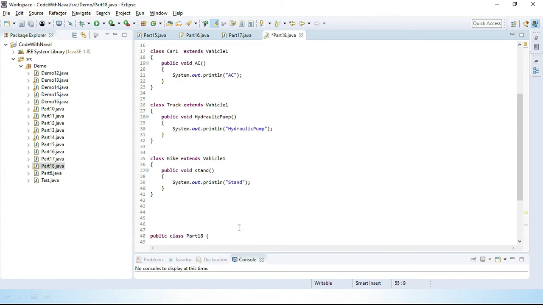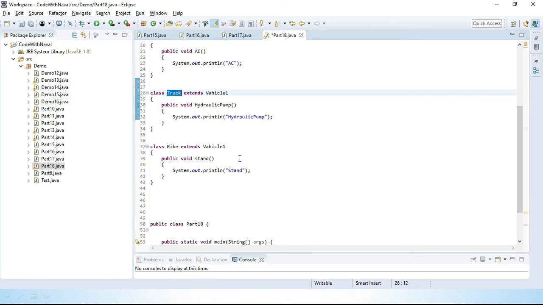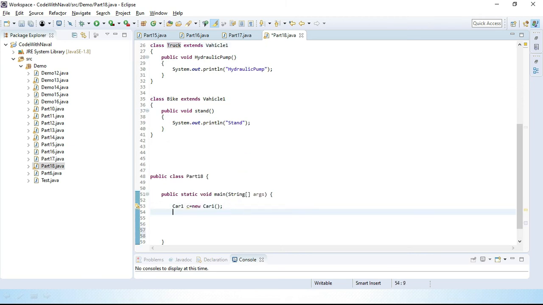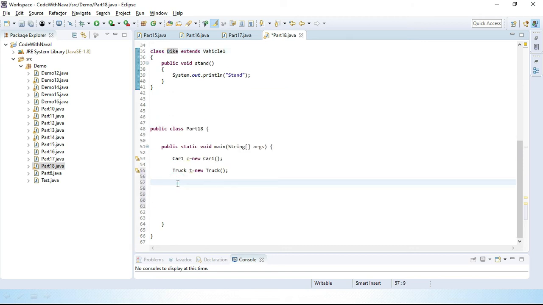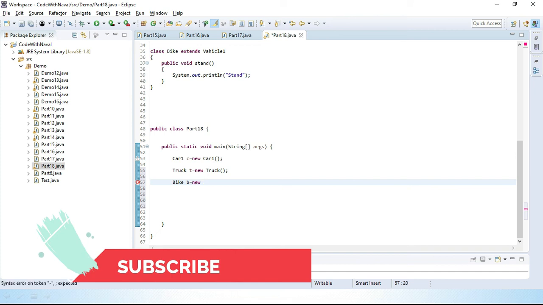Then we have a Truck class object. I'll create all the class objects first, then we will call methods. Truck t = new Truck. Then we have a Bike. Simply create a Bike class object, Bike b = new Bike.